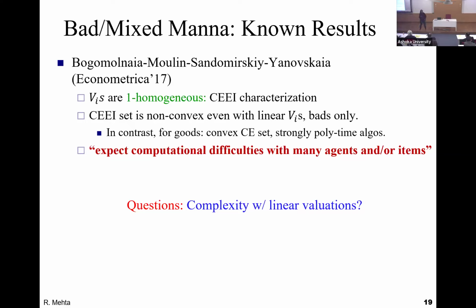What do we mean by linear? You have value for a laptop, you have value for an iPhone. When I give you both of these things, your value just adds up. Even that simplest class of valuation, the problem looks very, very difficult. For the goods case, this problem has a strongly polynomial time algorithm. For chores, even the solution set is highly non-convex. It can have many disconnected sets. And the question was, can we really compute such equilibria for chores? Can we even do it approximately?